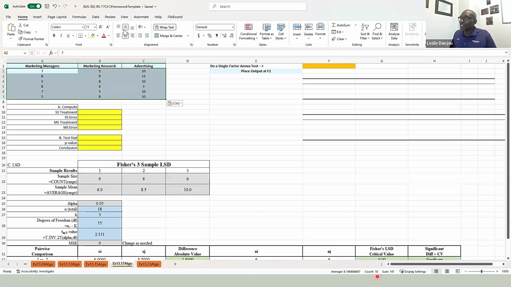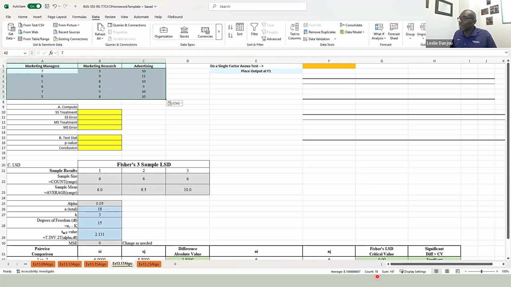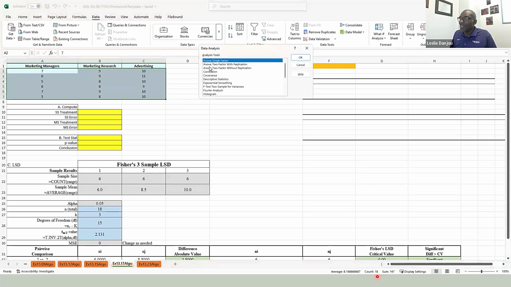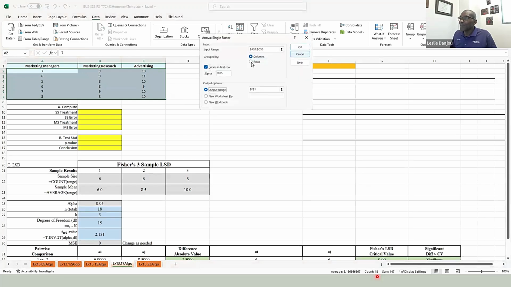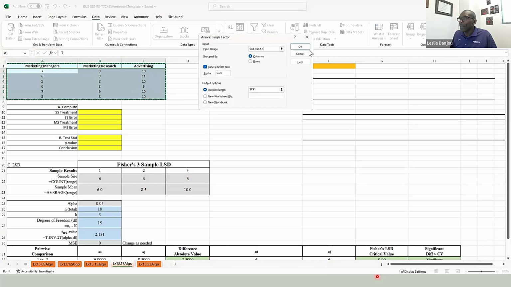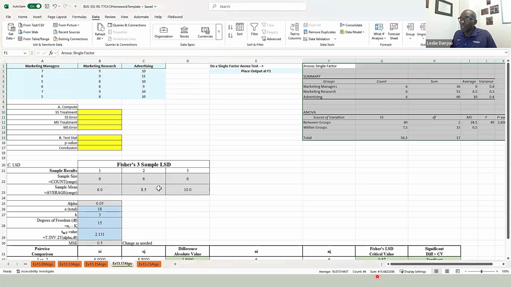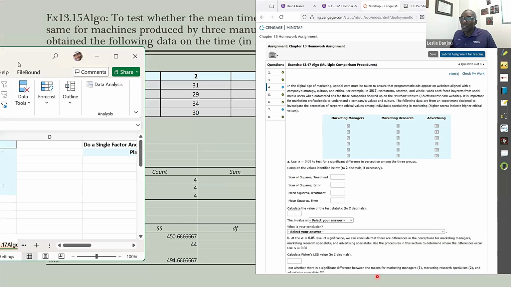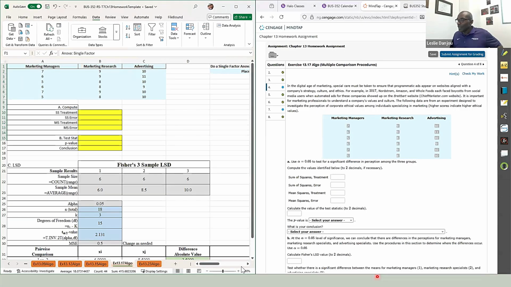We'll do an ANOVA single factor, data analysis, ANOVA single factor, press OK. All right, so I'm gonna make sure I get all my data, including the label, and I'm gonna drop this at F1. Bam, press OK. All right, bam, there's your numbers. All right, I'm gonna drag this over and